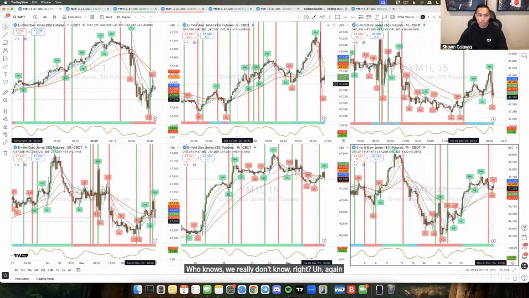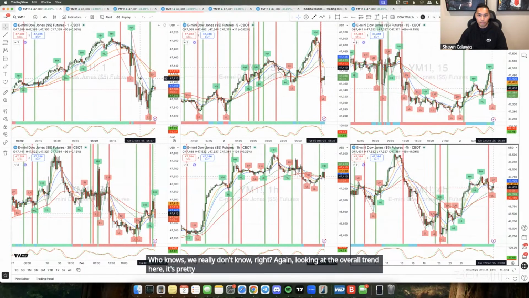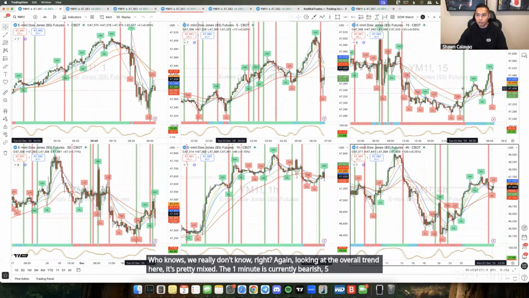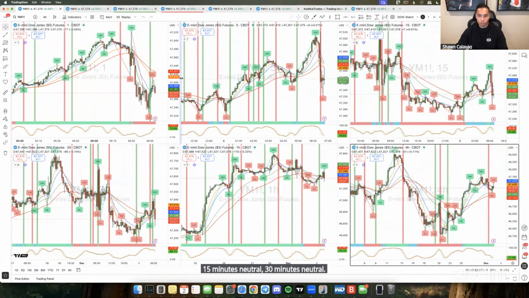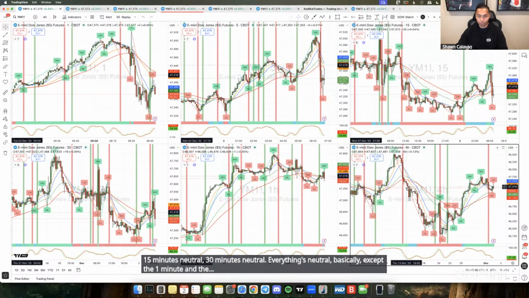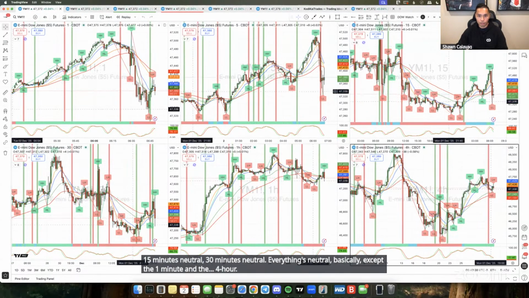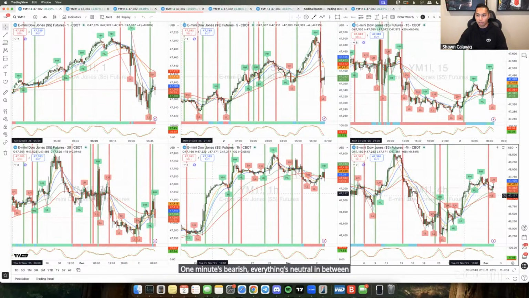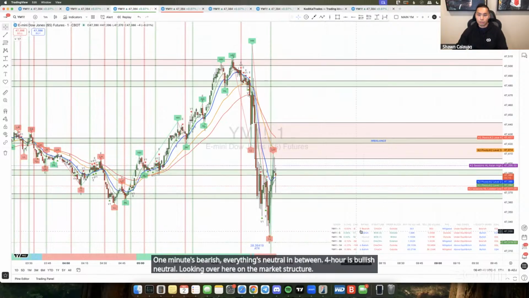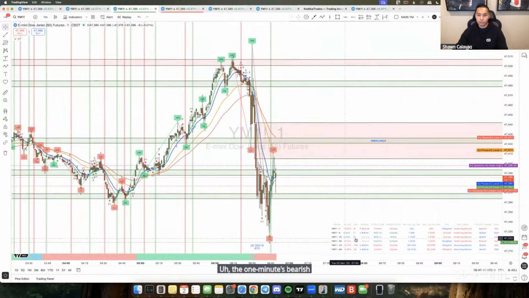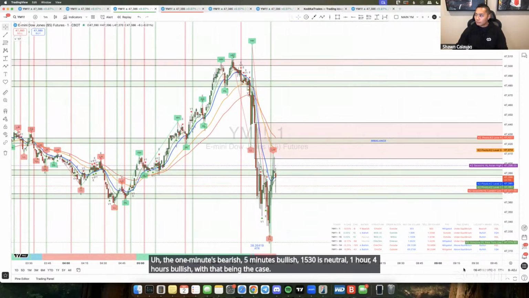Again, looking at the overall trend here, it's pretty mixed. The 1 minute is currently bearish, 5 minutes neutral, 15 minutes neutral, 30 minutes neutral. Everything is neutral basically, except the 1 minute and the 4 hour. 1 minute's bearish, everything's neutral in between. 4 hour is bullish neutral. Looking over here on the market structure, the 1 minute's bearish, 5 minutes bullish, 15:30 is neutral, 1 hour, 4 hour is bullish, with that being the case. It's a little,